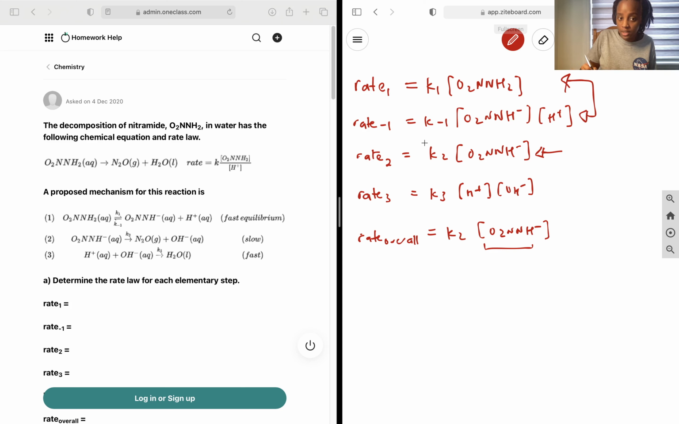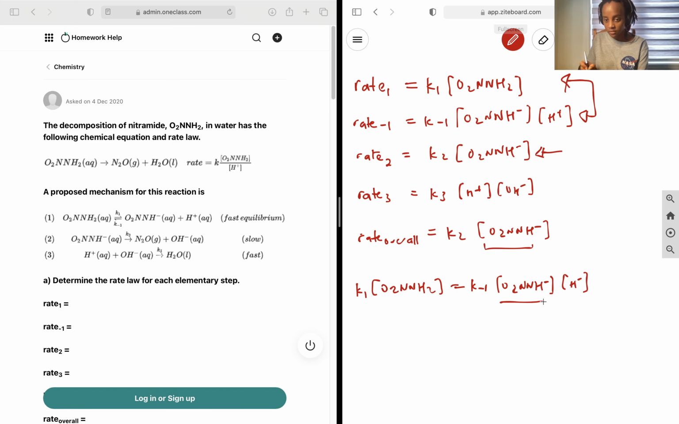And so what we're going to do is use this in order to write it in terms of species that are in our overall chemical equation. And so we know rate 1 is equal to rate minus 1 because they're in equilibrium. And so K1 times O2N and NH2 is equal to K minus 1 times O2N and NH minus times H plus, and then we just isolate for this, and we get